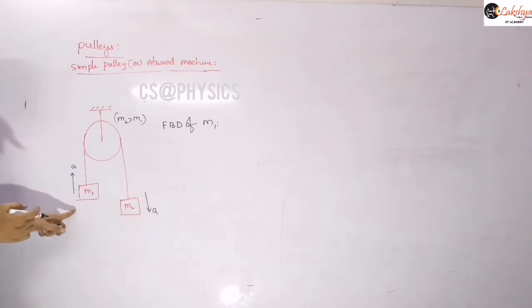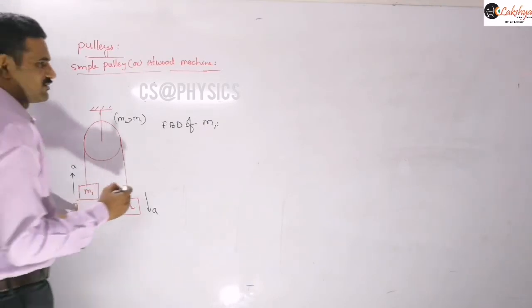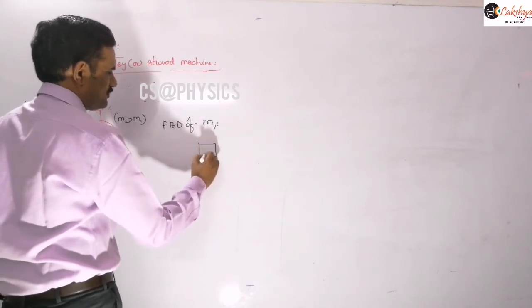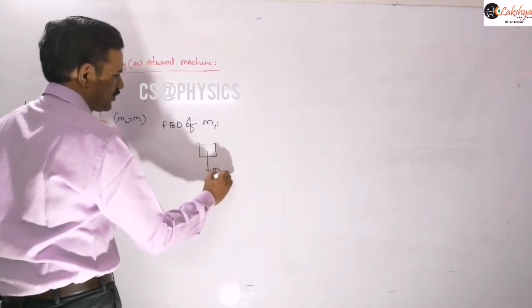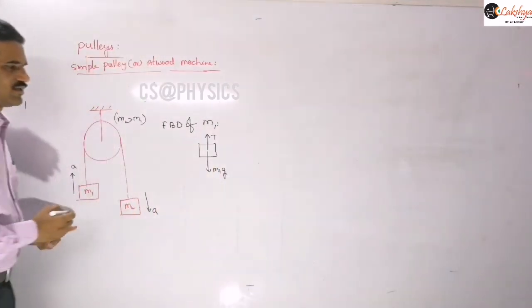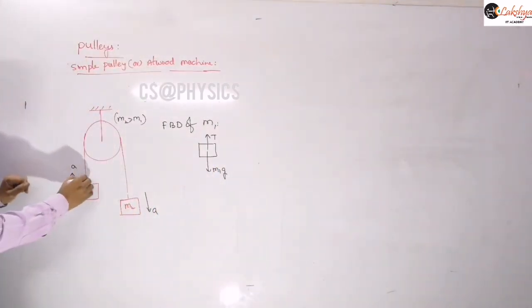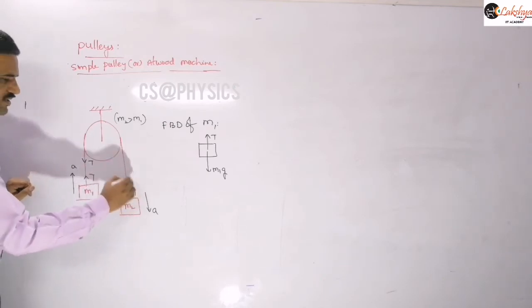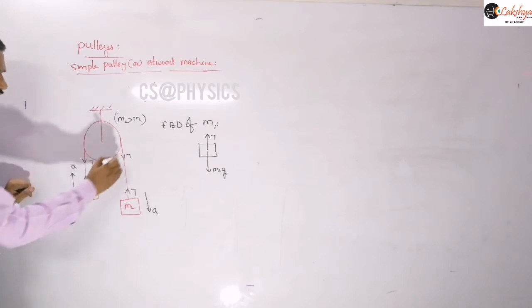So this is the free body diagram, that means this is the block M1 here. Now if I consider the free body diagram of this M1, M1g, the weight of this block, and tension T, right? So that means here this tension will be there, here T, and so here also T, then here T, and here this is T.